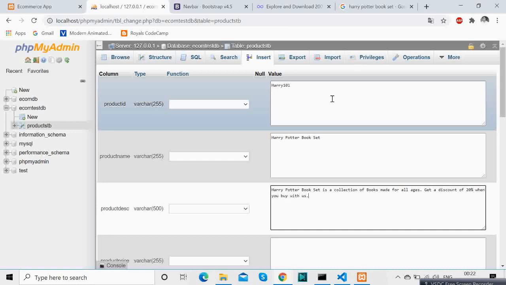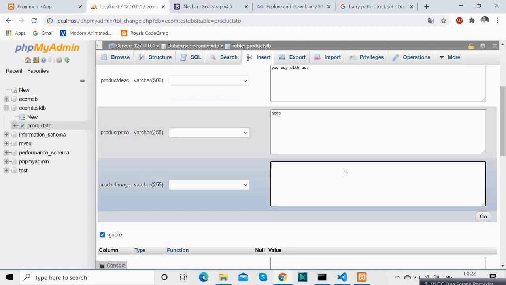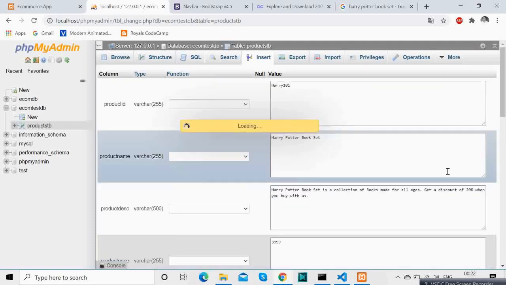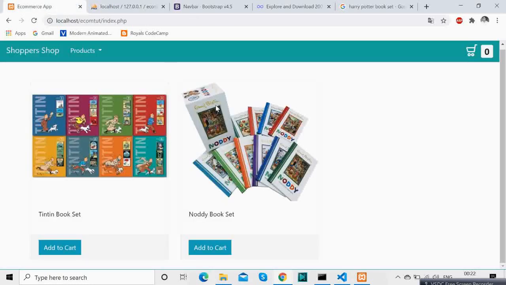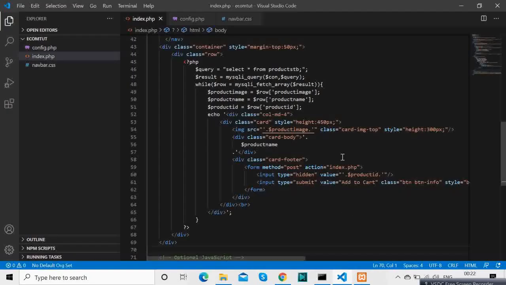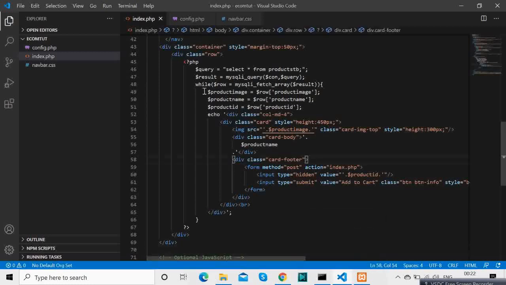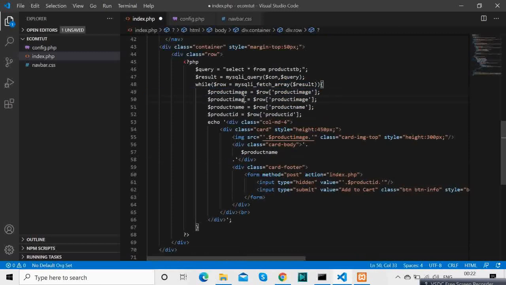So now we are adding the price, then the image URL, and that's the last element we added. And let's reload, and there you go, everything is populated dynamically. It is looking professional and perfect, and it's fully responsive as well. So it will render just fine inside the mobile also.